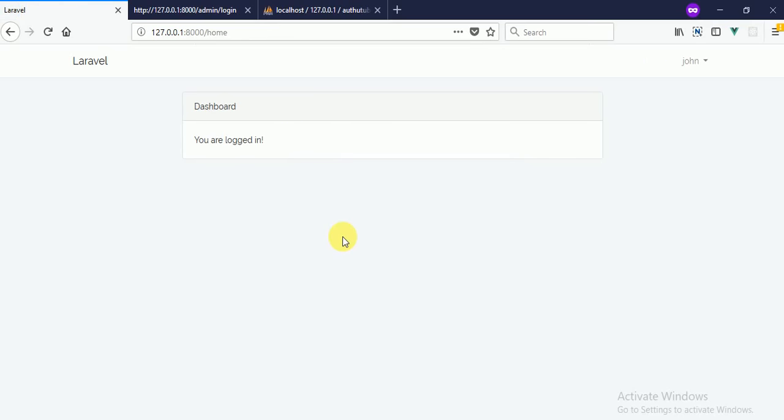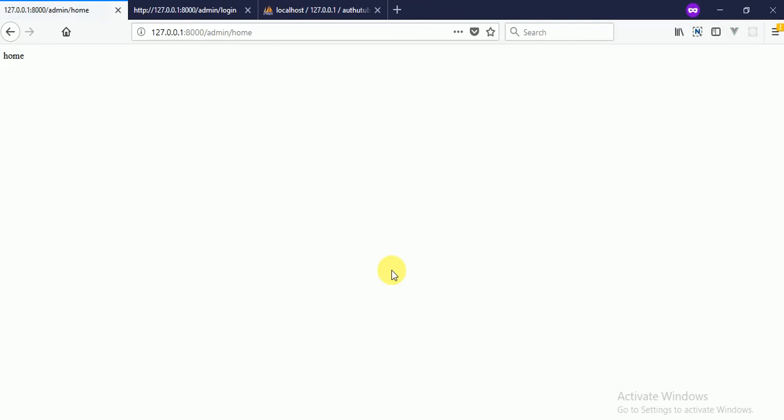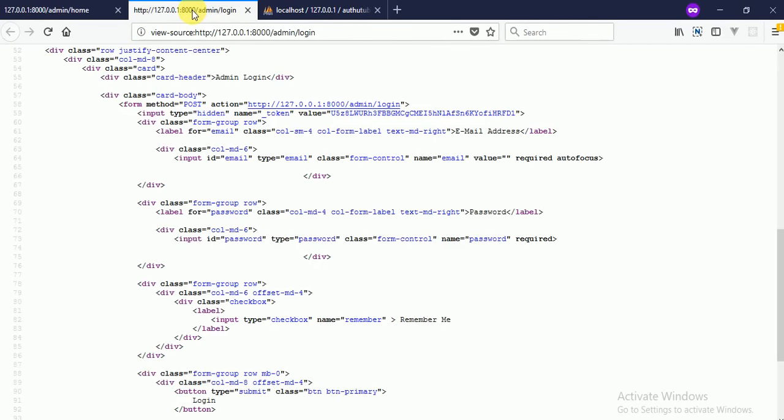Login. Your login is the normal dashboard, and when I type admin/home and hit enter, you can see I'm redirected to admin home. So we have two different login systems. This is called multi authentication. Now if you have